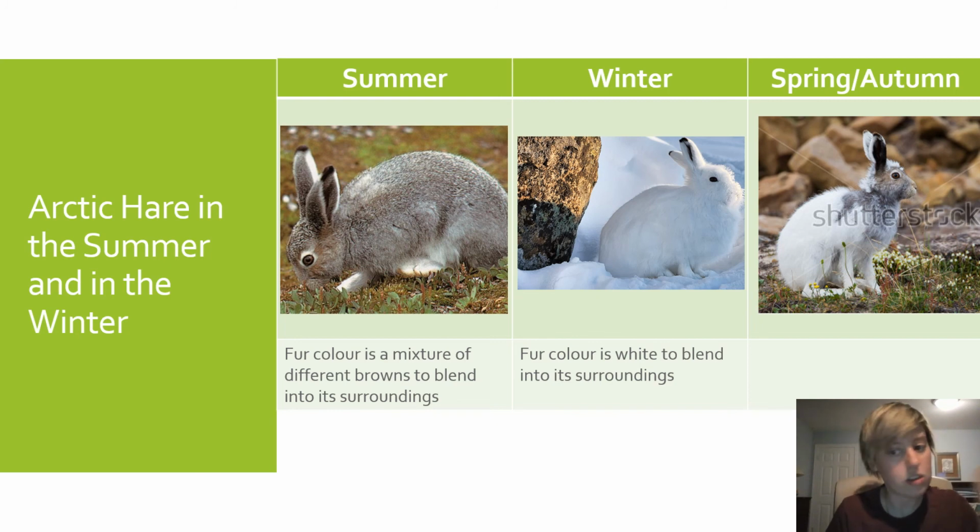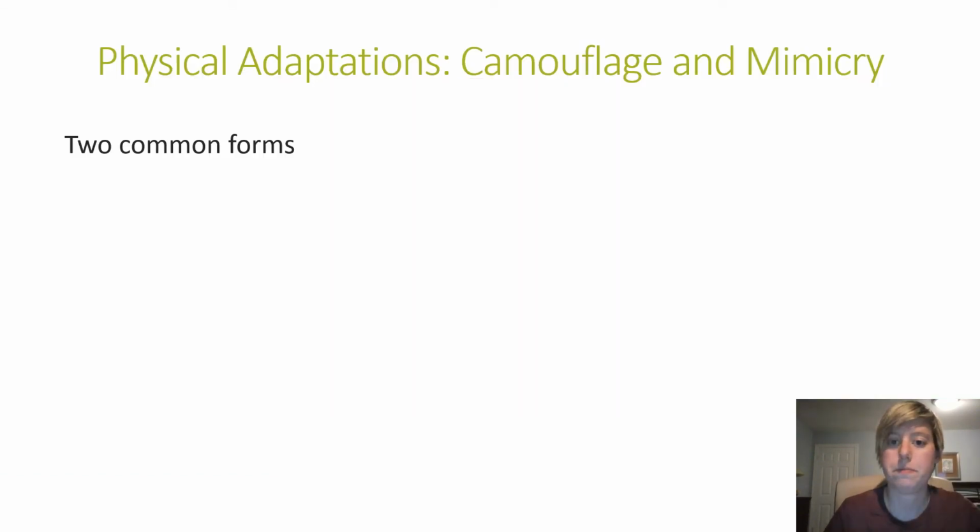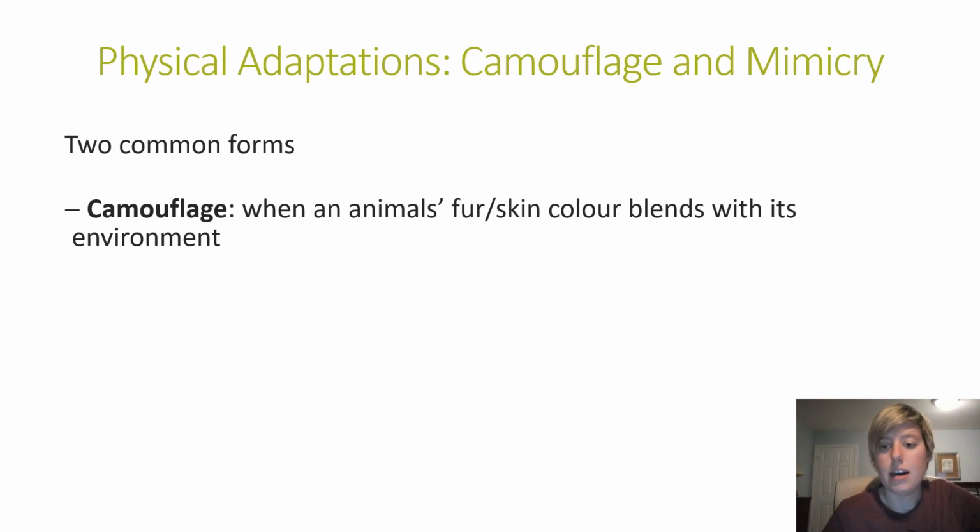In the summer, when the snow is melted, you have very small amount of vegetation, and this vegetation is mostly grasses, which will be greenish and brown. So again, the fur color is changing to adapt to that reality. So this adaptation is considered camouflage. So camouflage is when the fur color blends in to the environment that it lives in. And there's a lot of different examples of camouflage. The Arctic hare is just one of them. Darwin fox also is one of them.